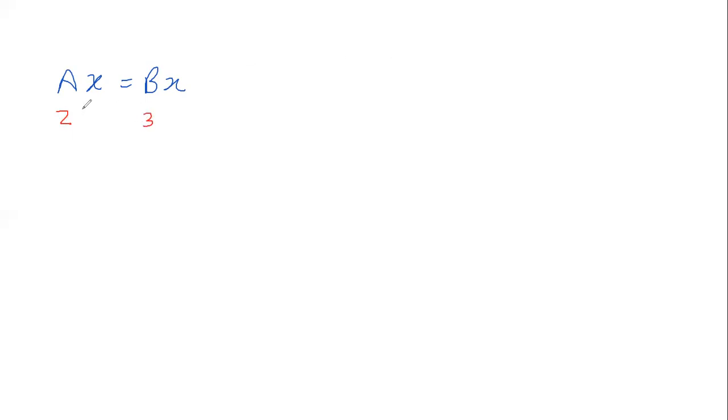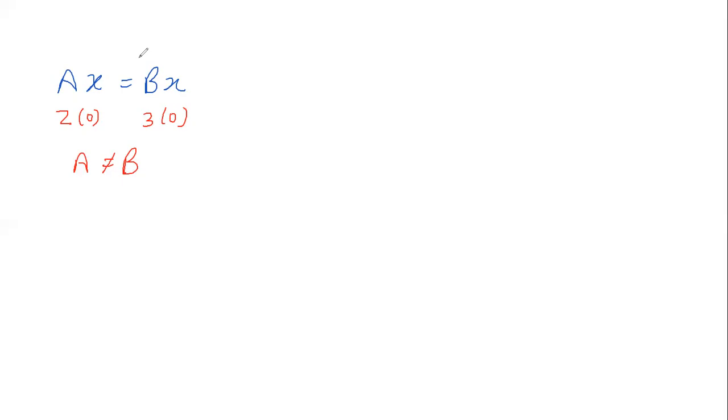But if X becomes 0, do you realize the equation is still balanced, 0 is equal to 0, but A is not equal to B. So be careful, guys: whenever we say AX is equal to BX, we cannot directly conclude that A will always be equal to B. So how do we actually solve it?